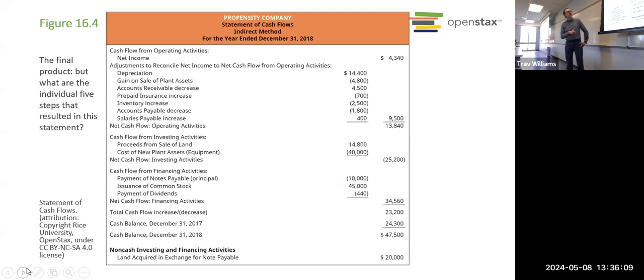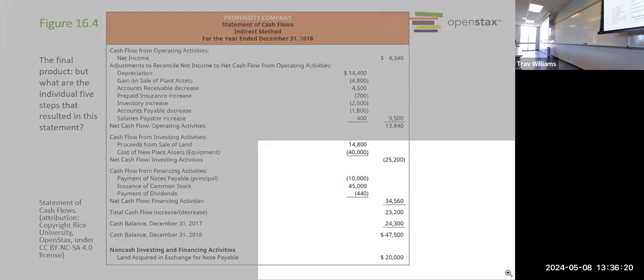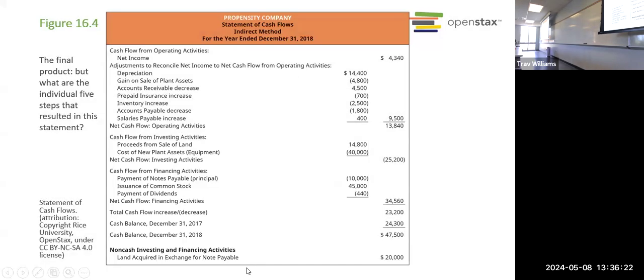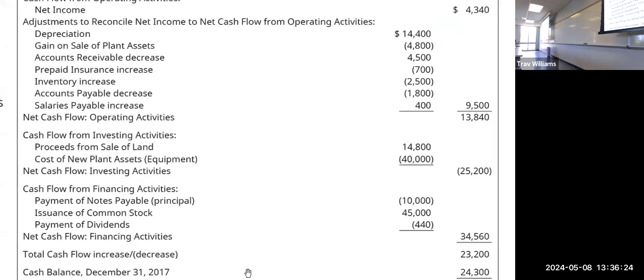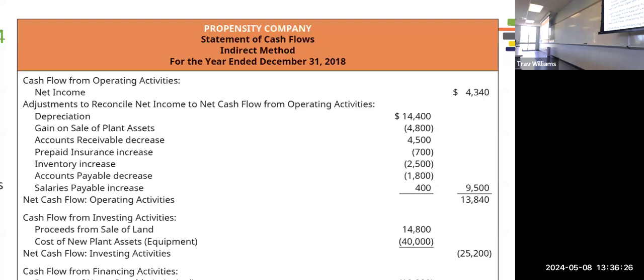Okay. So now that we have that information, let's go through it. The following slides take us step by step, but I think it's kind of easier if we can look at the whole thing at one time. That doesn't quite work. Let's just make it a little bigger. Here we go. So let's just go through this statement of cash flows and see what's going on here.